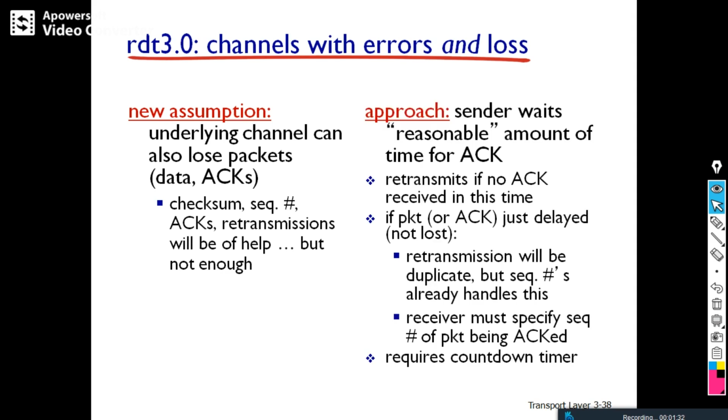So what is the solution for this? The sender will use something called a timer. As soon as the sender transmits the packet, we start the timer. If the sender has not received the acknowledgement, because the packet is lost or the acknowledgement is delayed, and the timer times out, retransmission will be done. Even though it may result in duplicates, we know how to handle duplicates based on our theory from RDT 2.0 and 2.1. This is the approach used in RDT 3.0.